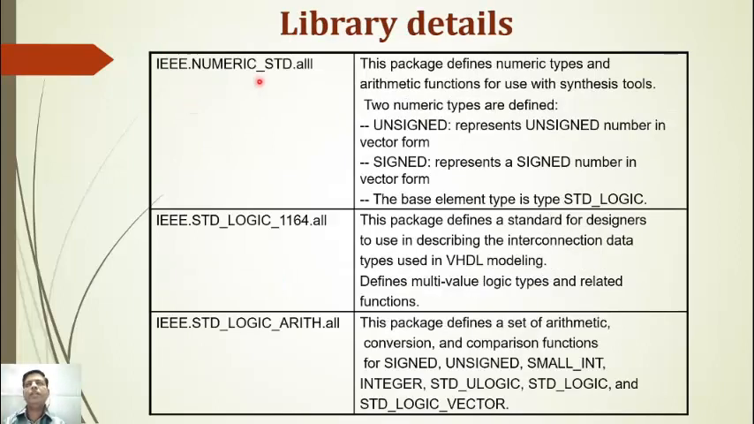Then IEEE.numeric_standard.all. This package defines numeric types and arithmetic functions for use with synthesis tools. Again two numeric types, unsigned and signed. Unsigned represents an unsigned number in vector form, signed represents a signed number in vector form. The base element type is type standard_logic. So next,